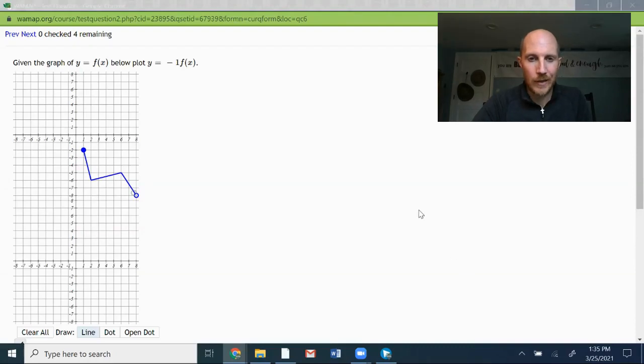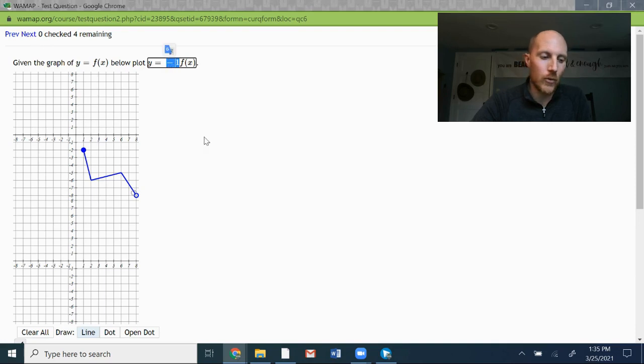All right, so I'm graphing this problem in WAMAP doing transformations. I'm given the graph of y equals f of x here and asked to plot y equals -1 f of x on the graph below. So this -1 is going to do my